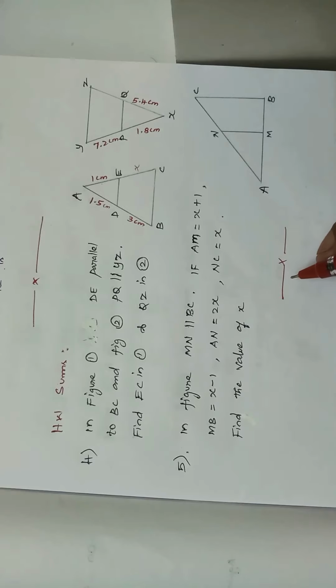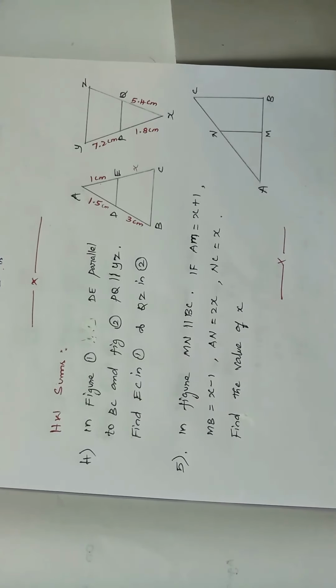That's all. Today's class is over. Next we are going to see the sums based on the proofs. Here we are finding the missing values, or we check from the values whether the given line is parallel or not. That only we have done right now. Next we are going to prove with the help of the BPT and converse of BPT statements, right?